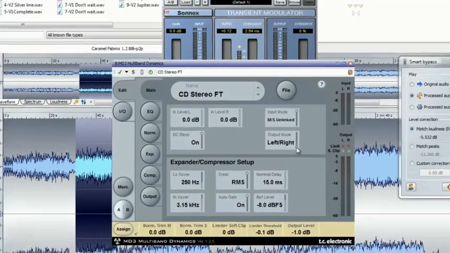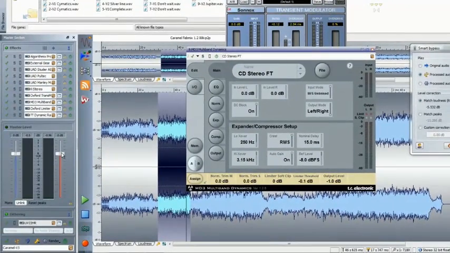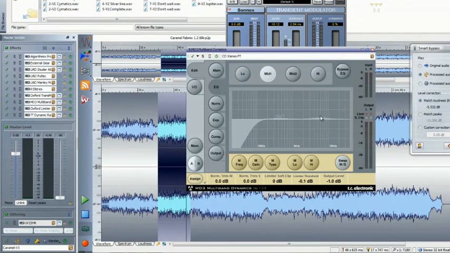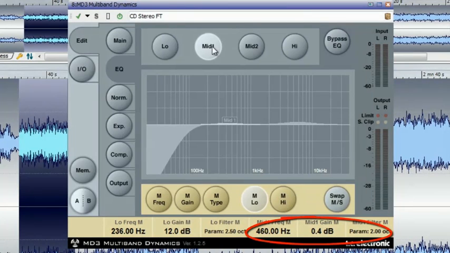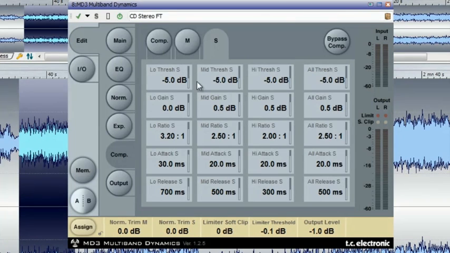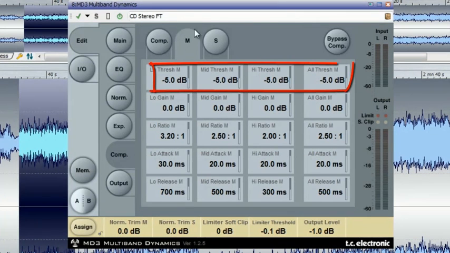I leave it in left-right and mute the right channel so that we just hear the M channel on the left side. Here we have an EQ where we can switch between M and S signal. On the M channel I have a very decent gain raise of 0.5 dB at 460 Hz. And here I haven't used the expander at all, so that we go on to the compression section, where you can see the M area. I have applied an even compression, even threshold. I picked an RMS-oriented threshold detection in the main menu, which is kind of beneficial for this specific application here